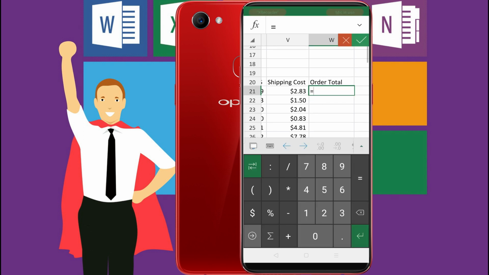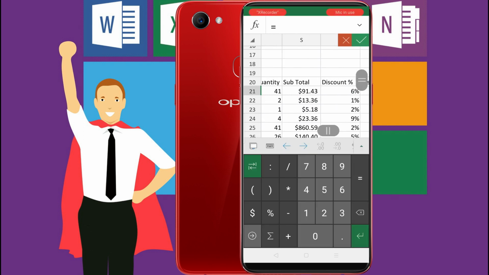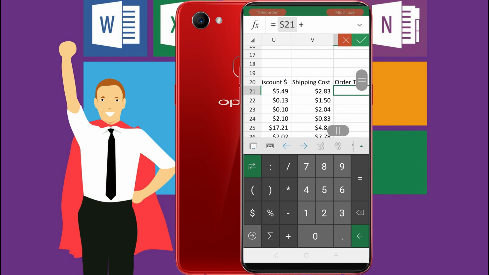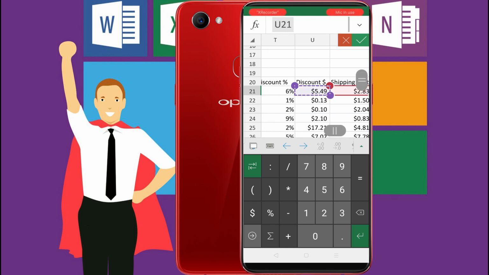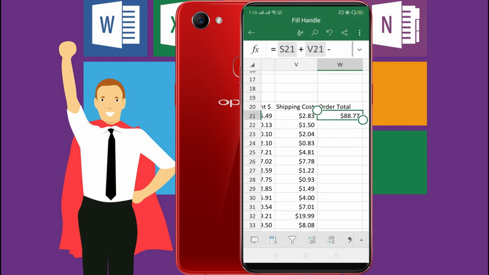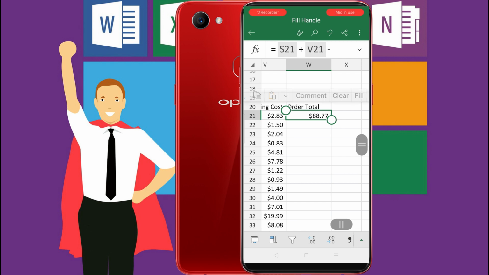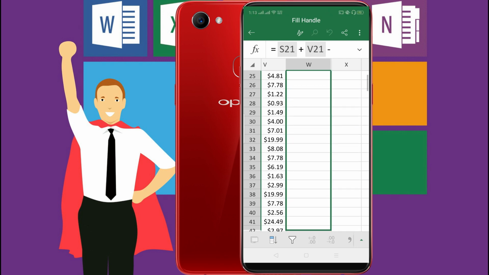First type equal, then the subtotal plus the shipping cost, then minus discount, then touch the check mark sign. So now use the fill handle and drag it down.